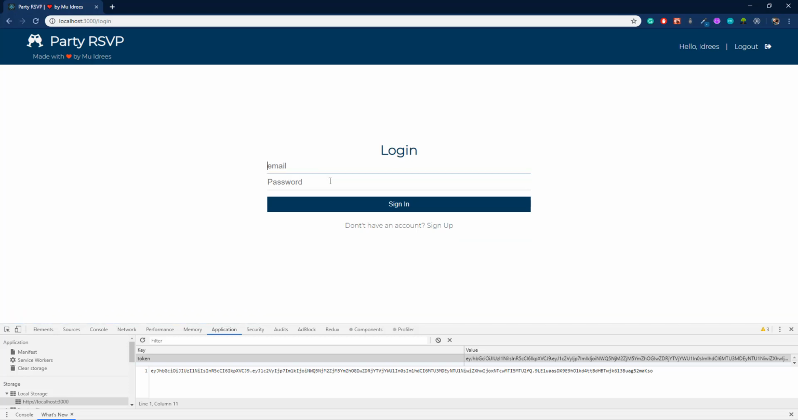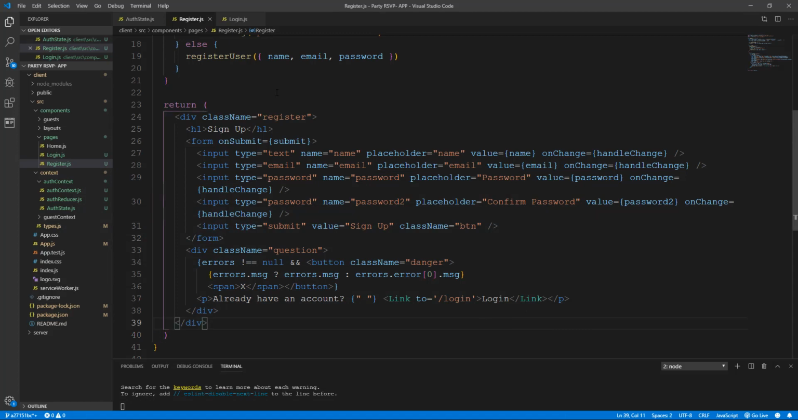So if we do some, I don't know, random .com, then we would get invalid credentials, because we are not giving valid credentials. So with that done, next what I want to do basically,